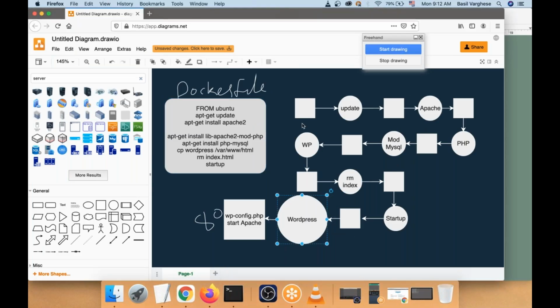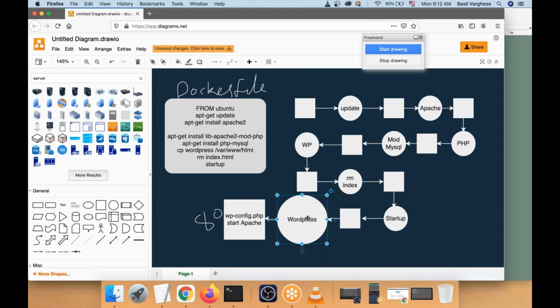So I'm going to execute a docker build command. Then what happens is it will take this Dockerfile which I have just written. An Ubuntu container gets created, the apt-get update command will run in it, and then it will commit a new image. Then apt-get install apache2 libapache2-mod-php will run. It will commit a new image, and then inside that it will run rm index.html and copy the WordPress files. All the lines get executed one by one until I get my final WordPress image,